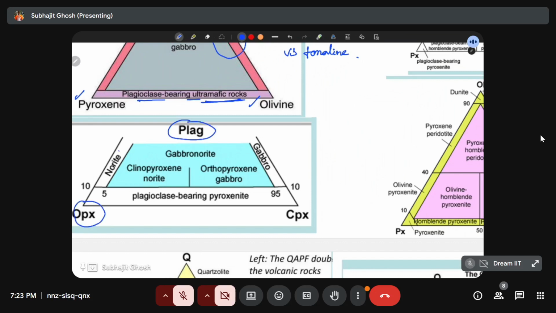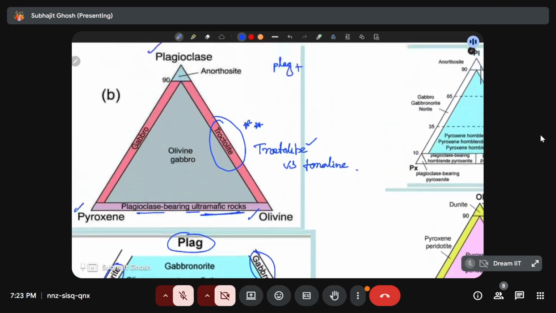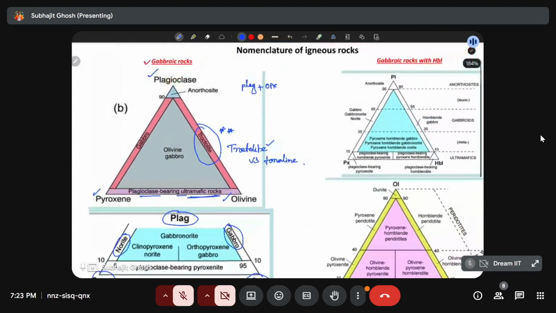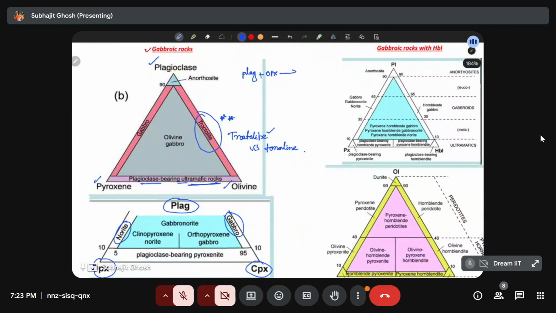If there is plagioclase plus OPX orthopyroxene, then we call it norite. If there is plagioclase plus CPX, then we call it gabbro, ठीक है। सो मैं यहाँ पे लिख रहा था plagioclase plus OPX means norite, and plagioclase plus CPX, clinopyroxene, then the rock will be gabbro. This is really important, ठीक है।